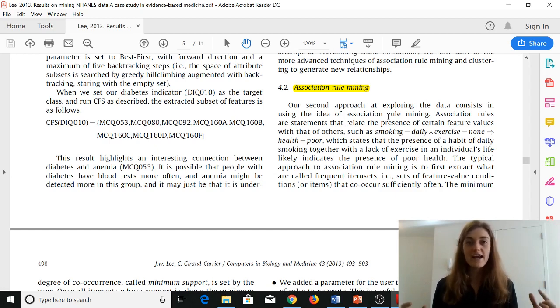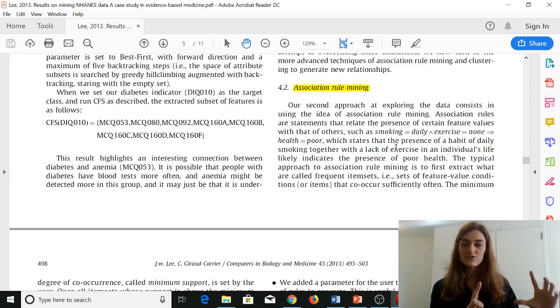So we call this an item set. And why association rule mining is also called market basket analysis is because this method is used a lot in marketing research. So if you ever do online shopping and you start adding stuff to your cart, and then it gives you recommendations for something else that you might like, that's because the researchers that developed those recommendations